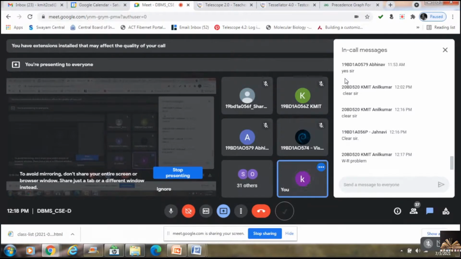Then we have learned about simple locking mechanism. The next one was the simple two-phase locking protocol.